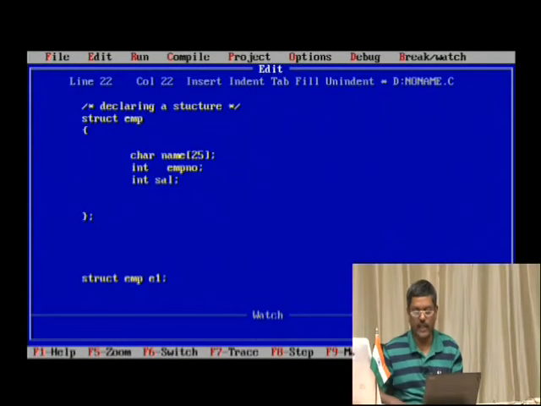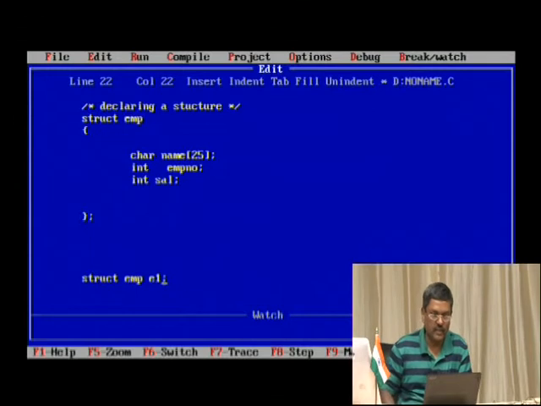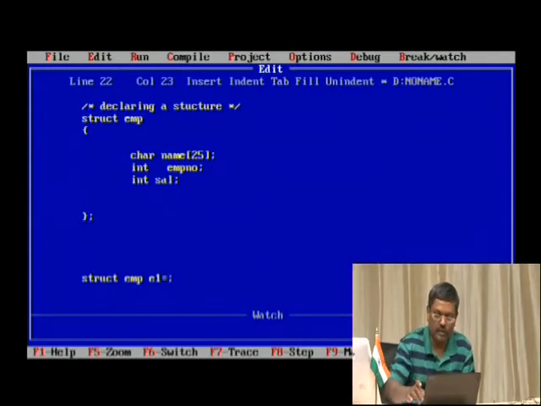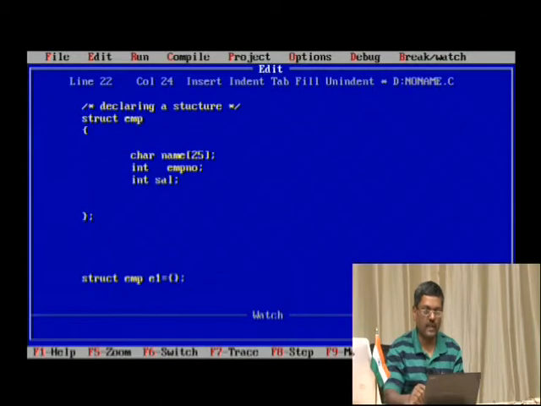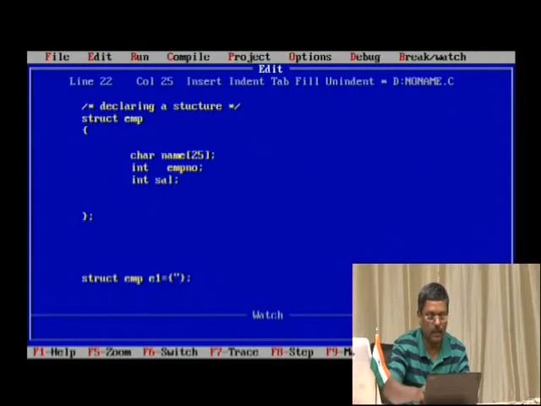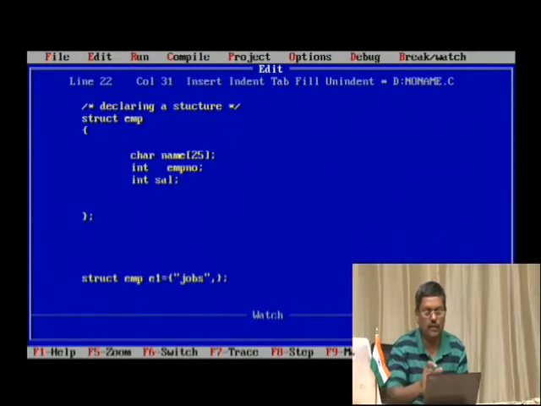So E1 is the variable, but can I initialize it here? I can do so outside this. That means I can put an equal to symbol, and then within braces all these things in the way we have specified inside the structure of the employee. The first one is name, so I can enter a name, for example, Jobs. Then put a comma. That means each value for a particular variable should be separated by a comma. And then employee number, say 100, comma.